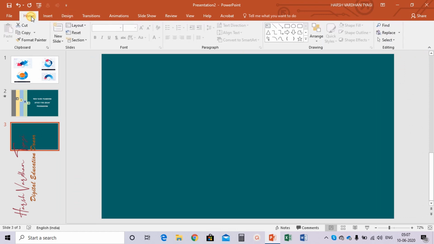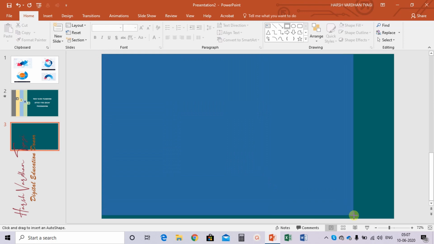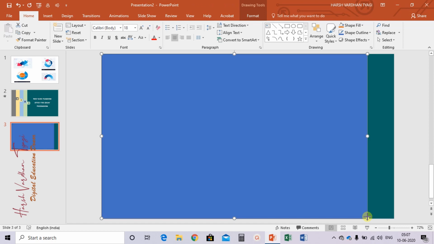Now on the home tab, in the drawing group, select a rectangle. After selecting the rectangle tool, draw a rectangle like this, this much.